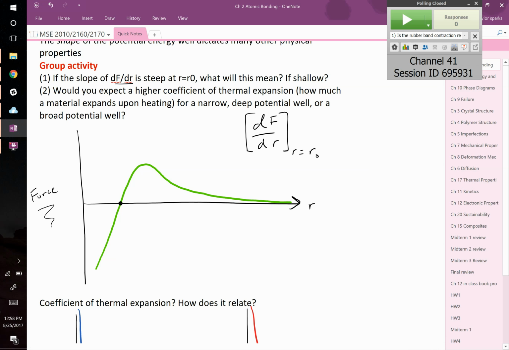No, close, good guess. What is the slope of the line? The slope of the tangent line. Remember this from calculus? If you had a function and somebody asks for the derivative at a certain point, they're asking you to identify the tangent line. What's the slope of that tangent line? So let's draw it. At that point,